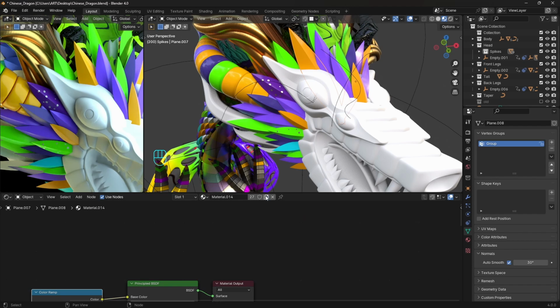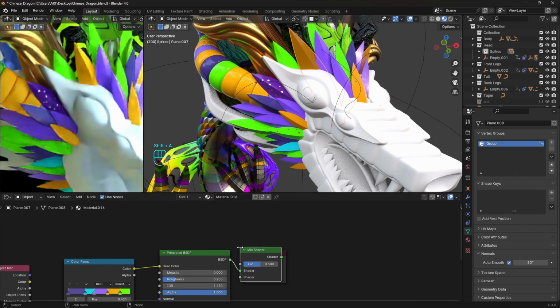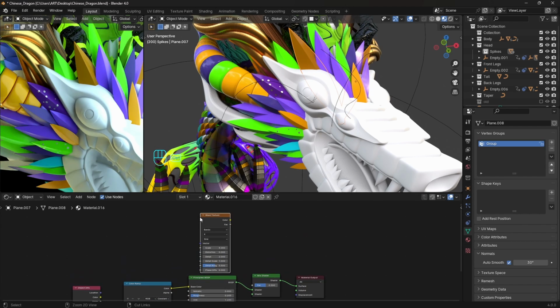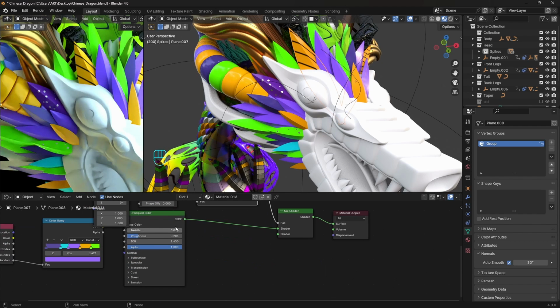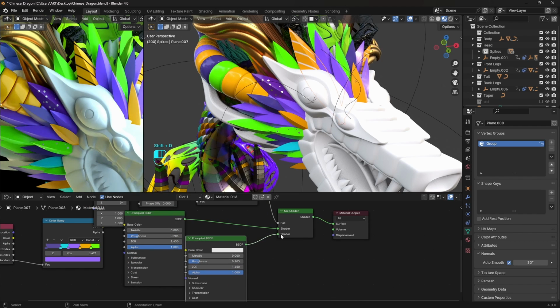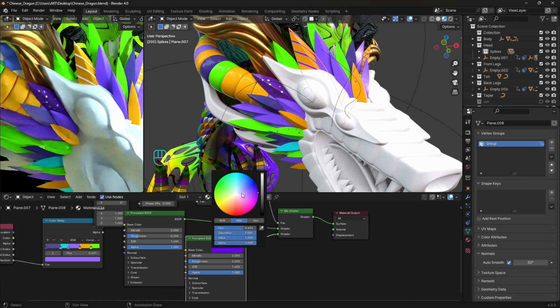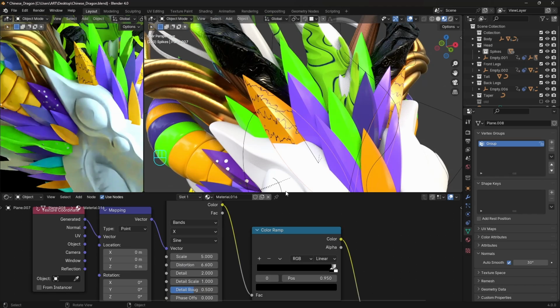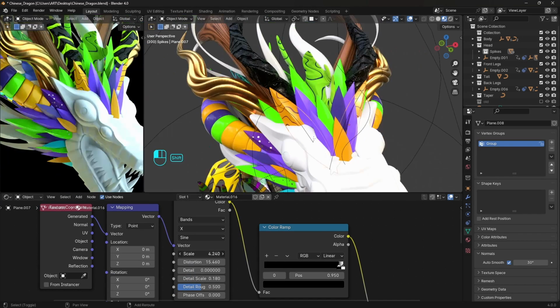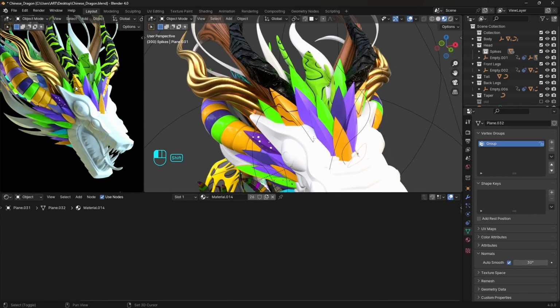One more pattern we can do, and that one is with the wave texture. Add the mapping and the color ramp. Adjust the bars and duplicate the BSDF. Change the color to whatever you like. Add distortion to the wave texture. Tweak the other settings to get just a few curved lines there, and you can link this pattern to different parts.